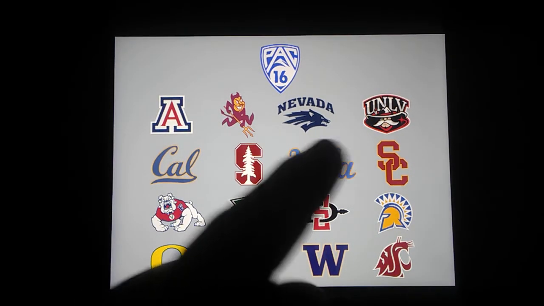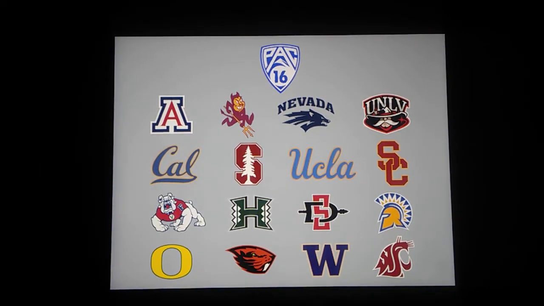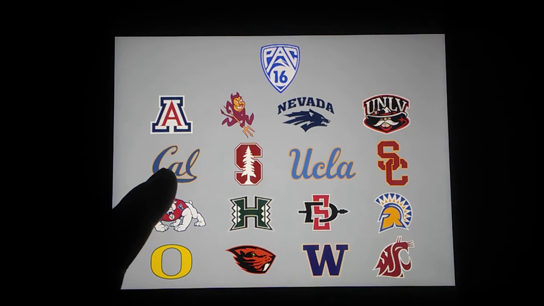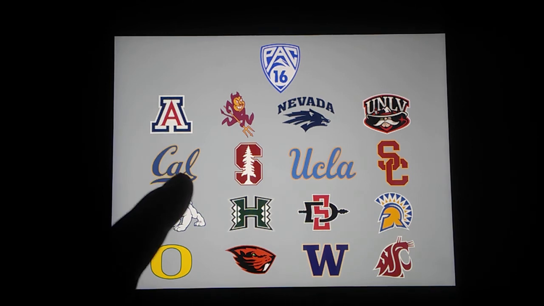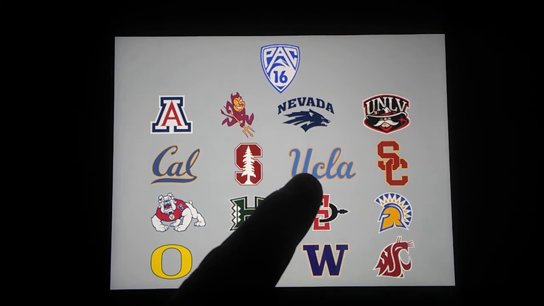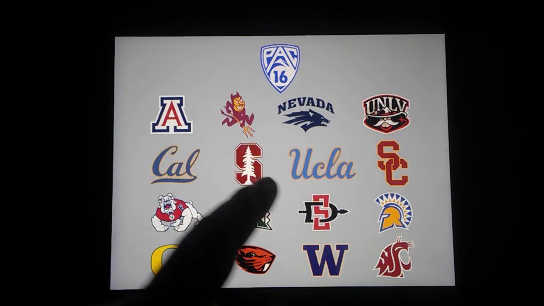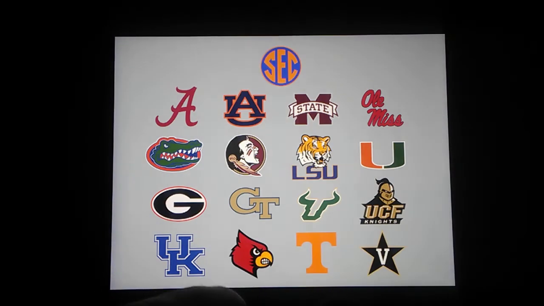So you play these three every year, and everybody else it's every other year, so it's not too bad. It changes things a little bit. It's not the exact same every year, and then it'll be home and away. So if you played here in year one, in year three you'll have them home, and vice versa. The same thing here in year two. If you're over there, then in year four they come to you, or if they came to you, then you go over there. So that's the way I could explain the scheduling.